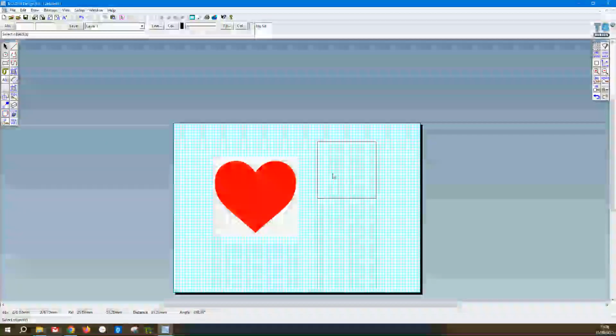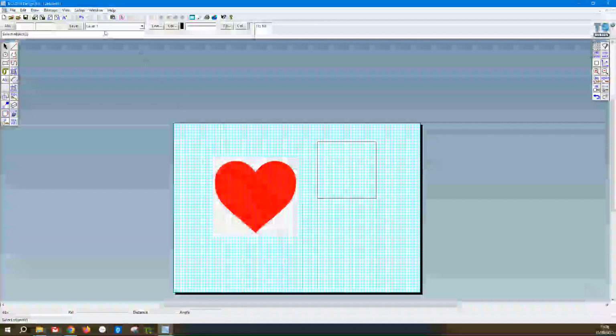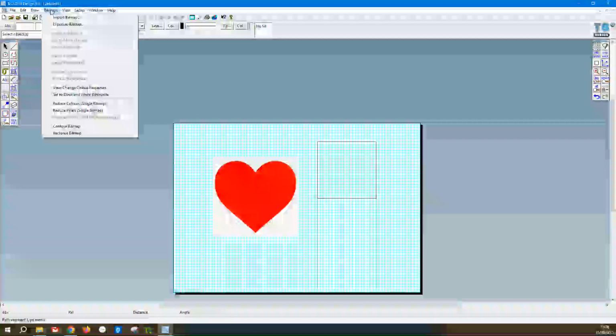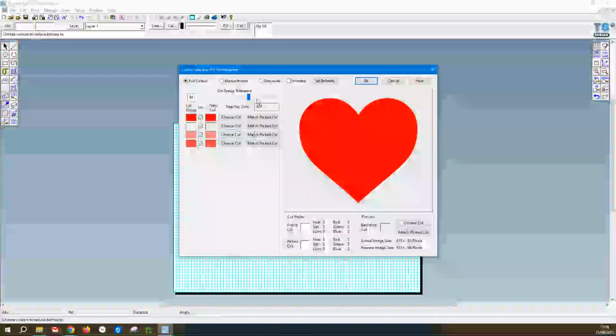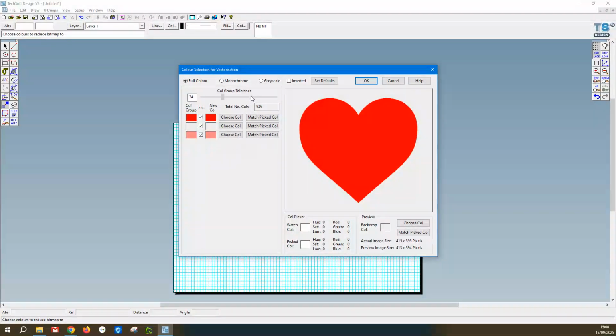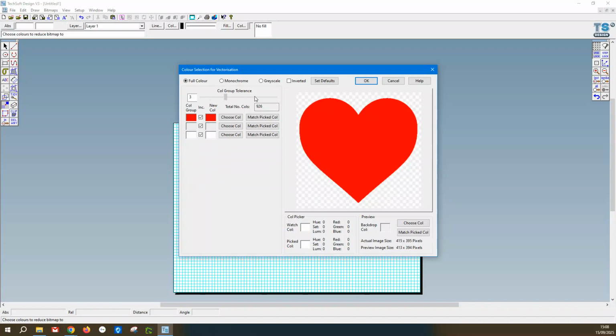Remember, I'm going to do 3 of them. So the first one I'm going to vectorize. So if you go to bitmap, up here, and then vectorize bitmap, select it, and then you get this kind of thing. So first of all, move the tolerance so that you get just 2 colors. So here could have loads of different slightly shades of grey and red, just one of each. Turn off the background shade, and then OK it,